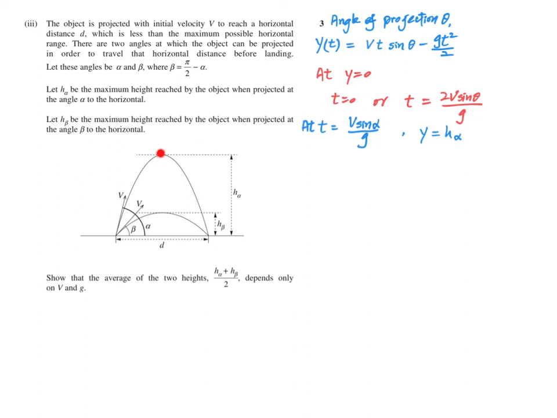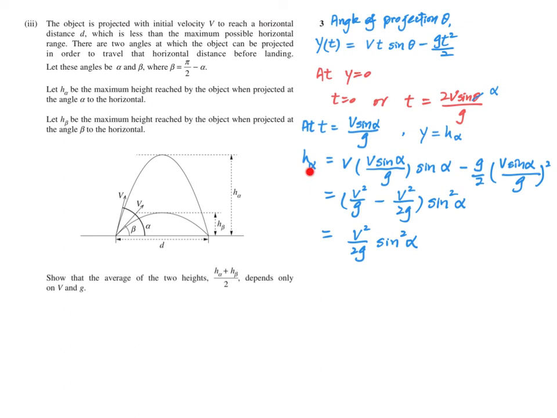But when the object is at the highest point h alpha, it is only halfway before it reaches back to the ground, which means t at the highest point is only half the value of this one. But this time, the angle of projection, instead of theta, should be alpha. So h alpha, the highest point, t equals v sine alpha over g. So it should be v times the t times sine of the angle of projection alpha, minus g over 2